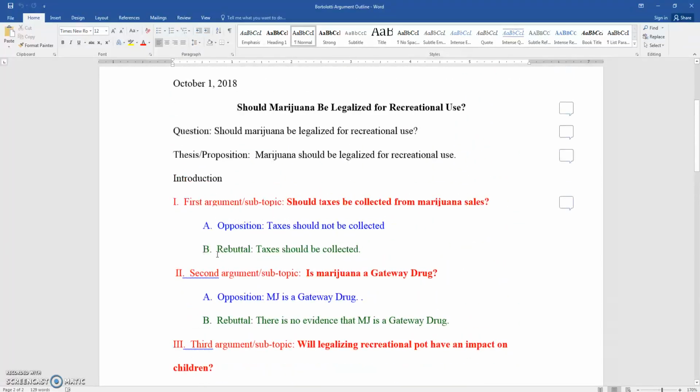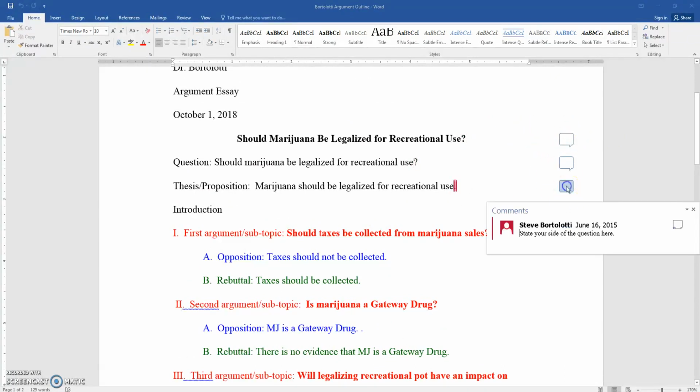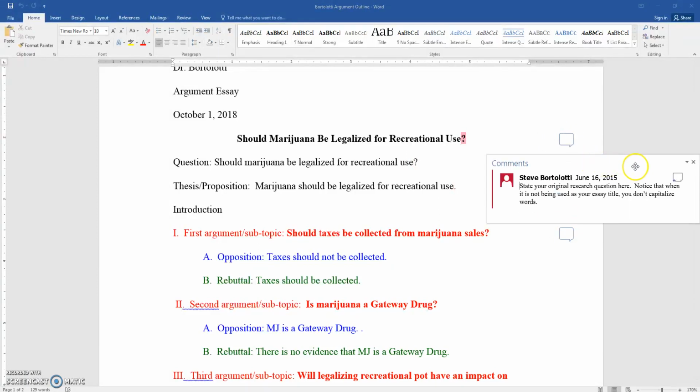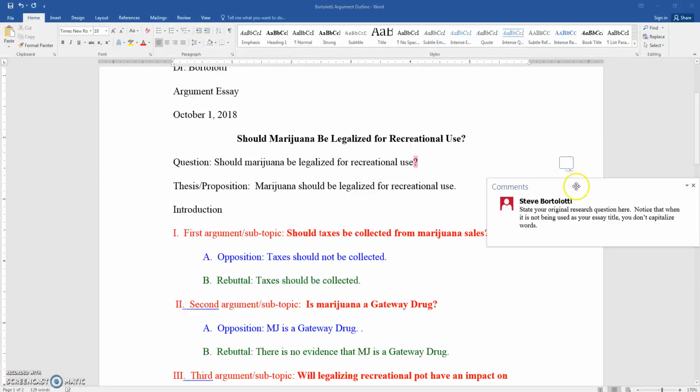And there you go. And don't forget to open and read my comment balloons. And once you do, make sure you delete them before you hand in this draft. Open it, right-click, delete comment. Open it, right-click,